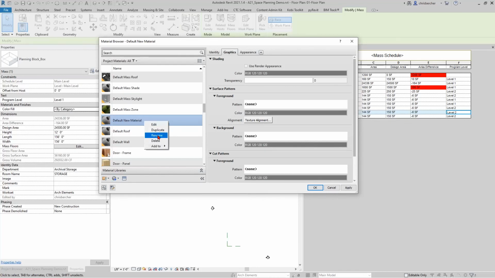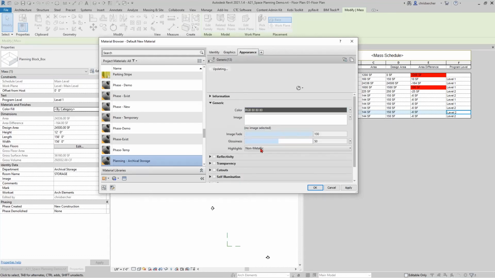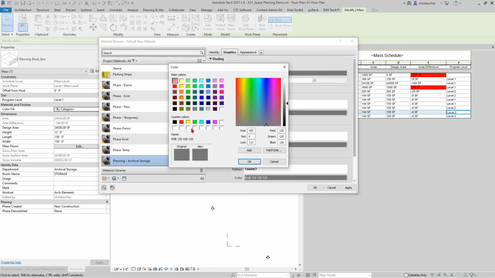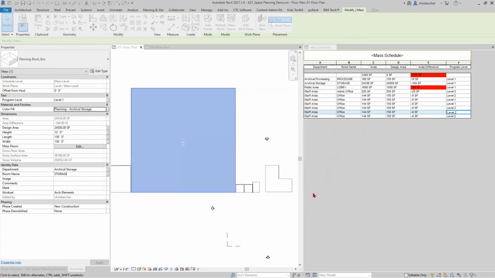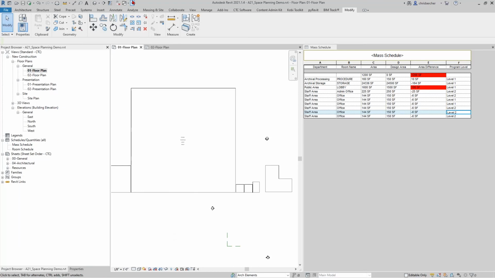So we'll call this rename planning storage. Or I'll call it archival storage since that's the actual department, right? Colors. I can put a rendered appearance on it if I want, but I'm not going to render a mass. So let's change the shading colors to green. And then I can go ahead and change my graphic display options here to be what I want them to be,